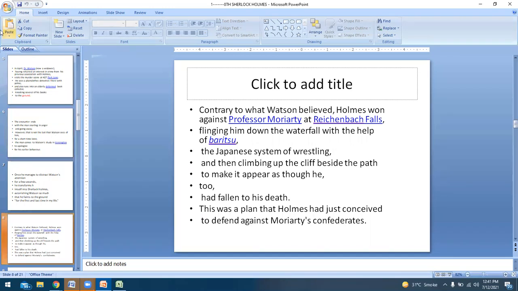Contrary to what Watson believed, Holmes won against Professor Moriarty at Reichenbach Falls, flinging him down the waterfall with the help of baritsu,